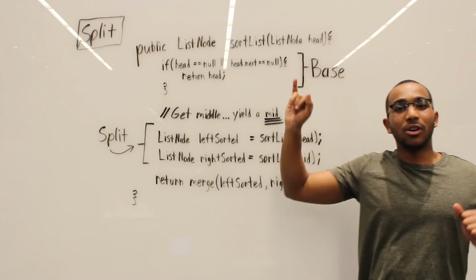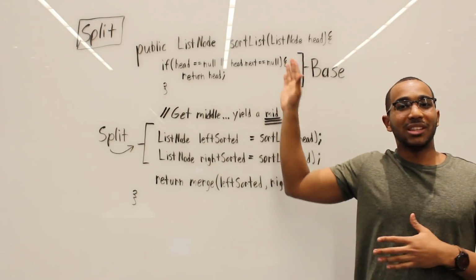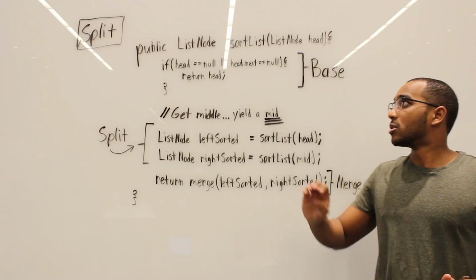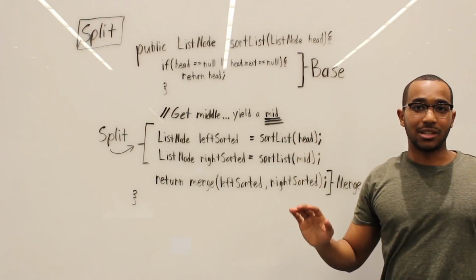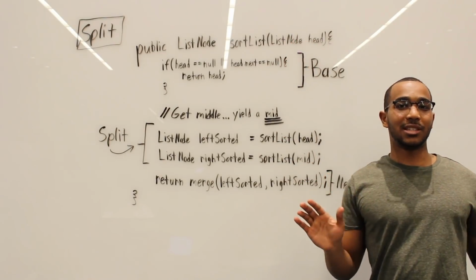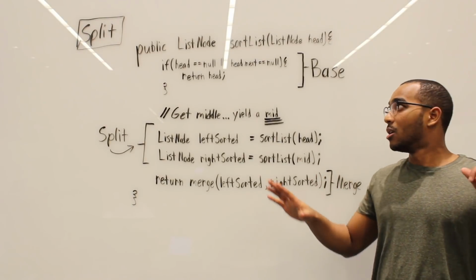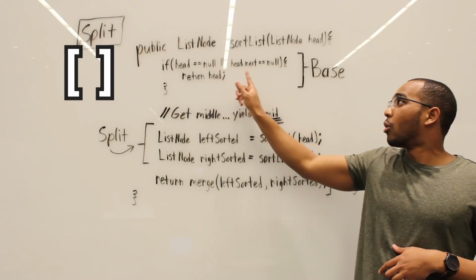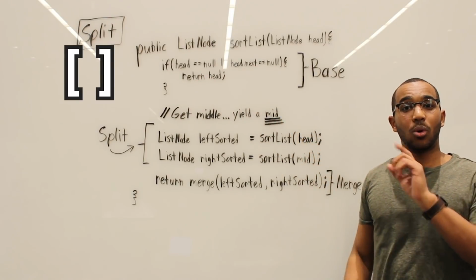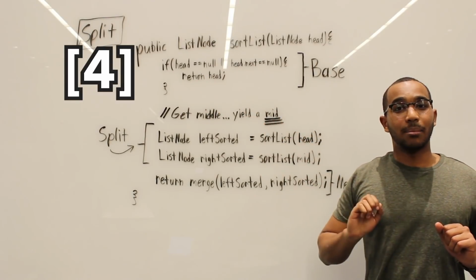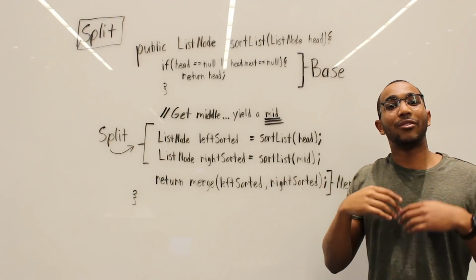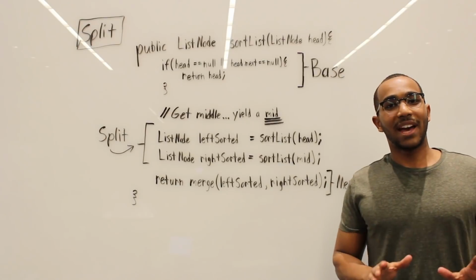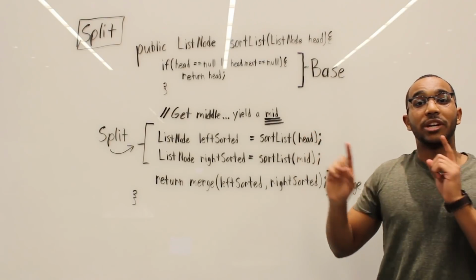So our input is a list. This is with linked lists. You can do this with arrays. It doesn't matter. It's the same algorithm. So we have the head of a linked list. Don't worry if you're not comfortable with linked lists. It's the same process. So we have a base case. If I have 0 items, or if I have just 1 item, I return that item. I return an empty list, or I return the single item. That is our base case. Okay, there's our base cases, we converge to them.